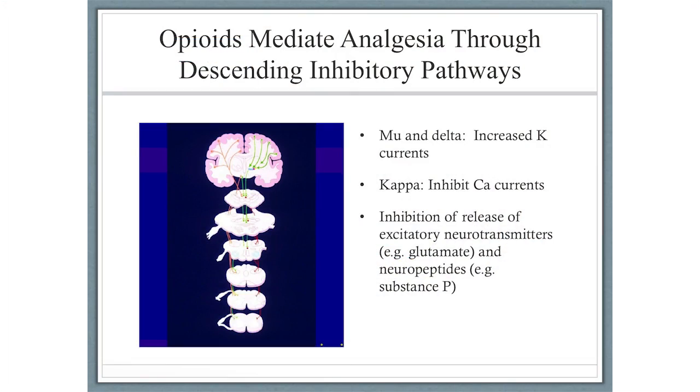So how do opioids work? Well, they bind to the G protein-coupled receptor. This changes membrane permeability to potassium and calcium. It hyperpolarizes the membrane, and it inhibits the release of neurotransmitters like glutamate and neuropeptides like substance P. And so when the receptors are activated in the dorsal horn, they inhibit the ascending transmission of impulses through the spinothalamic tract. And when receptors are activated centrally, this activates serotonergic pathways involved in the descending inhibitory pathways